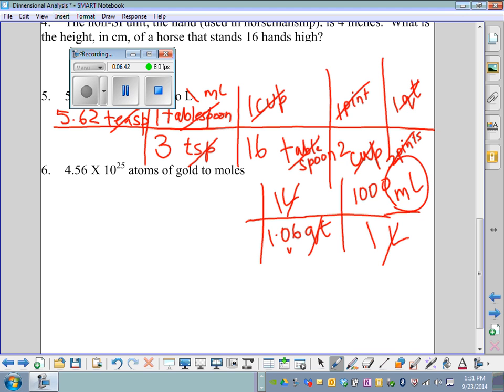And then what else cancels? Pint, pint, quart, quart, liter, liter. I'm now left in milliliters. And my math is